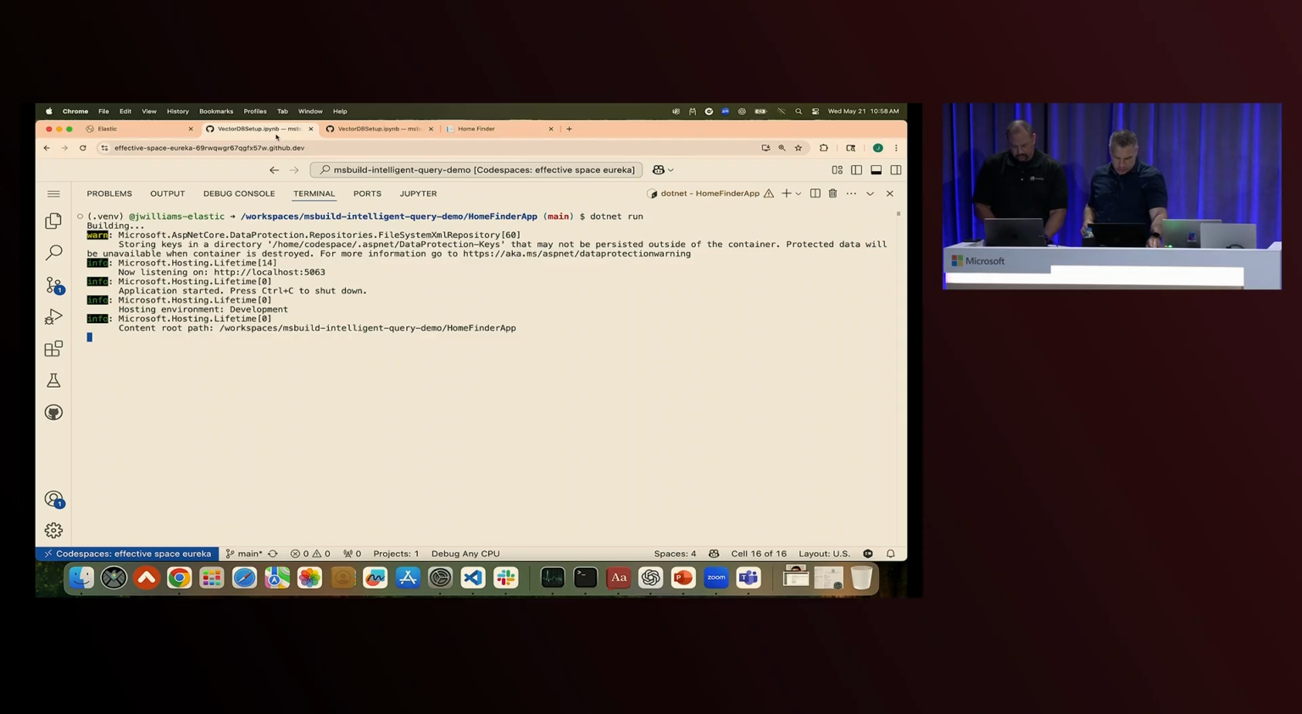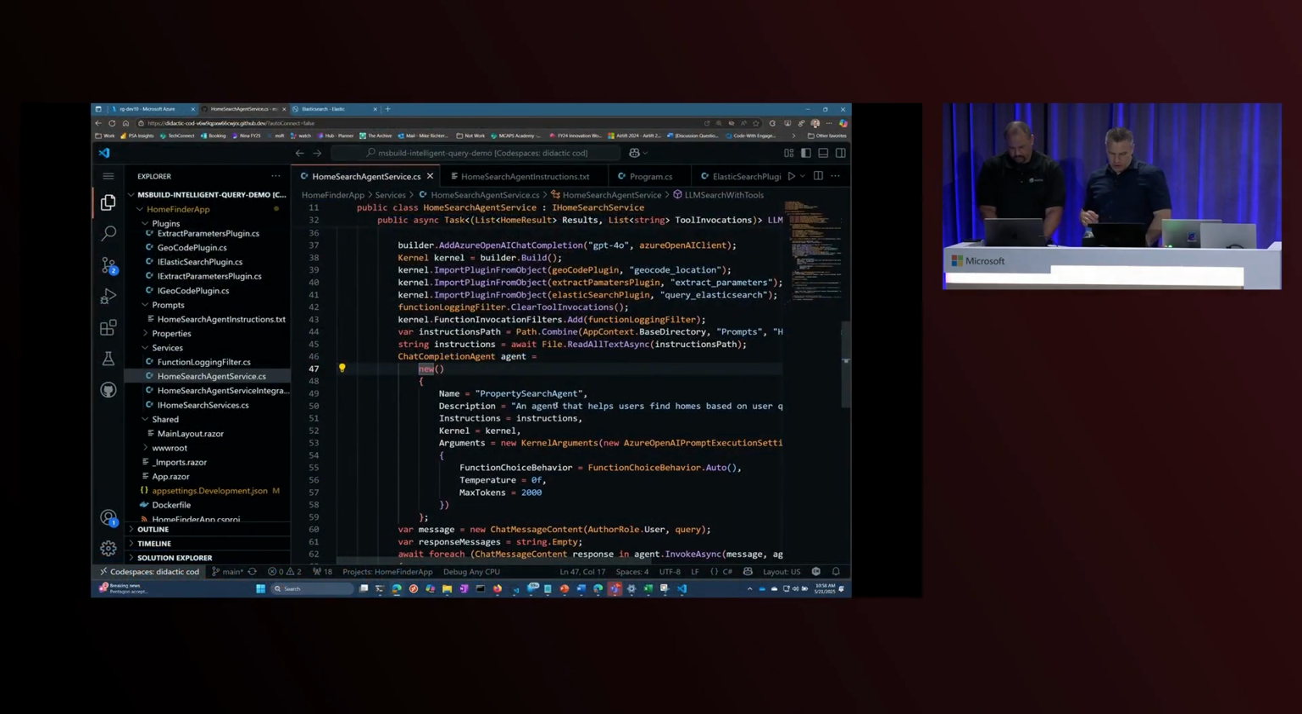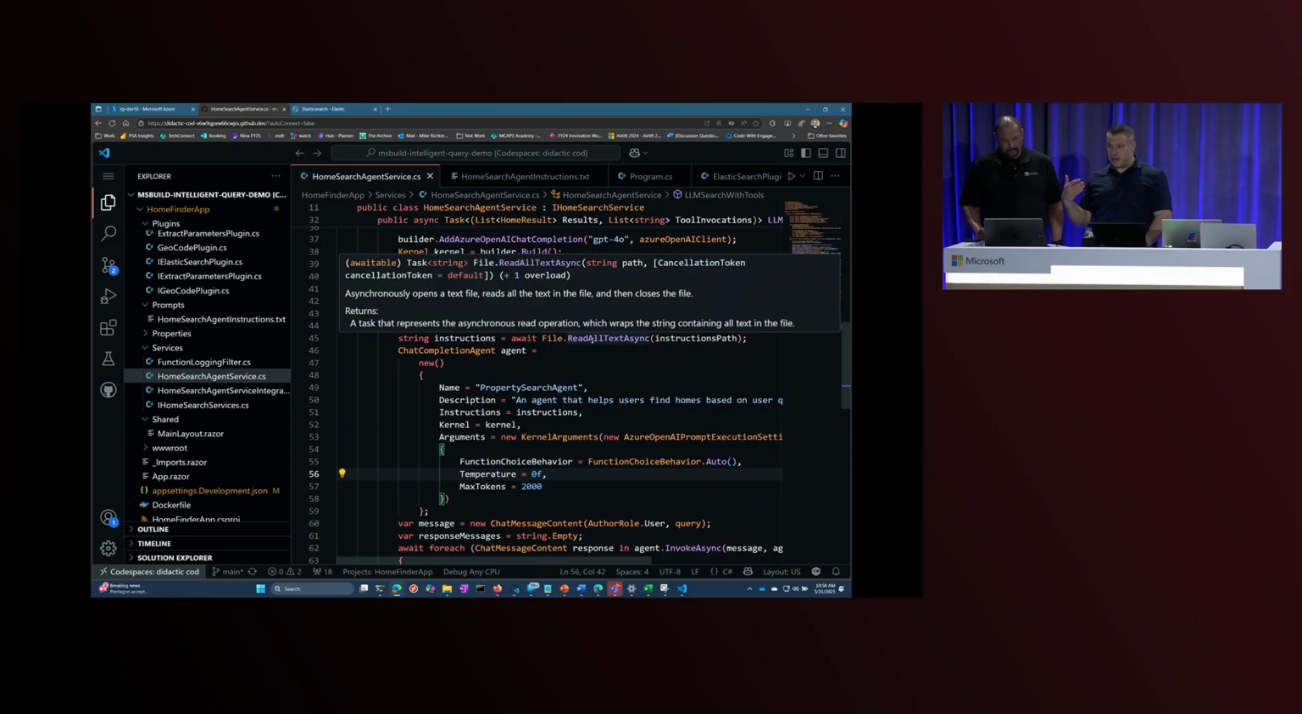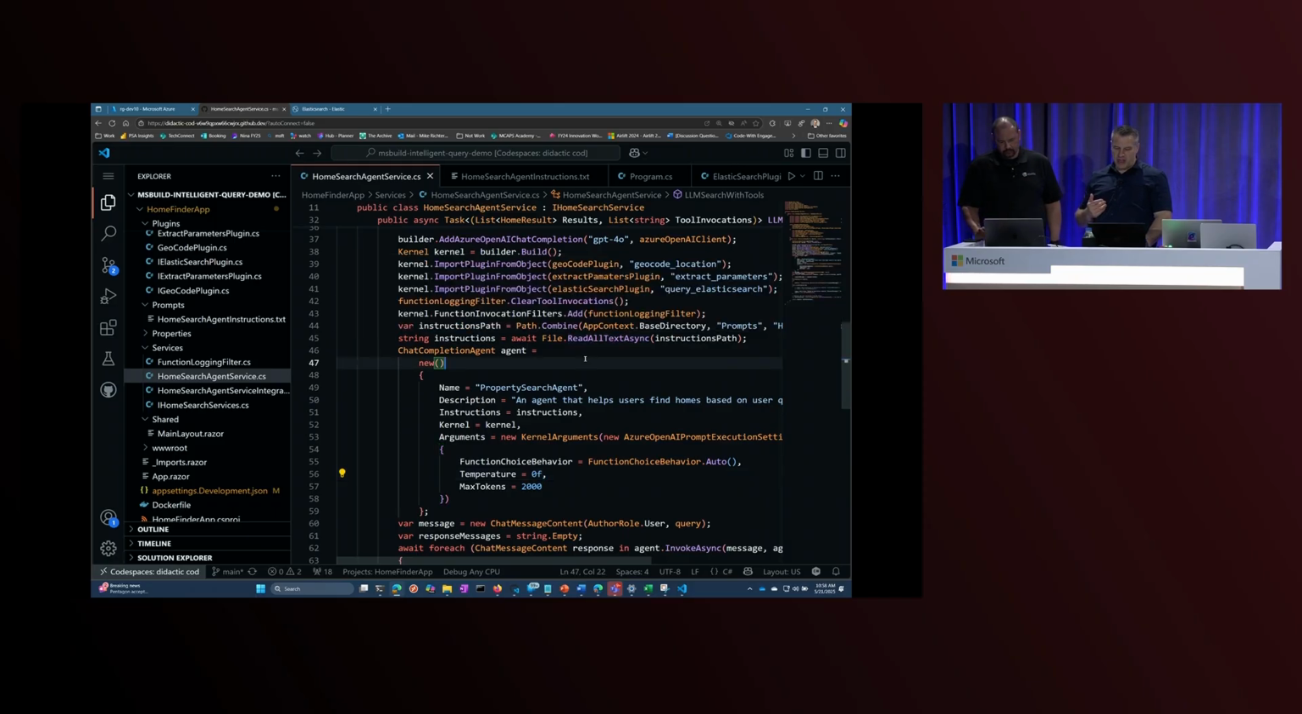Can I just show something real quick, yeah? Absolutely. Just to go a little deeper on what you said, earlier you said our function choice behavior here, you see, is set to auto. So it's really up to the model to decide how to use these functions, the geolocation, the search parameters. So that's your point. And then for all the different tool invocations that you saw, where we ping Elastic multiple times,